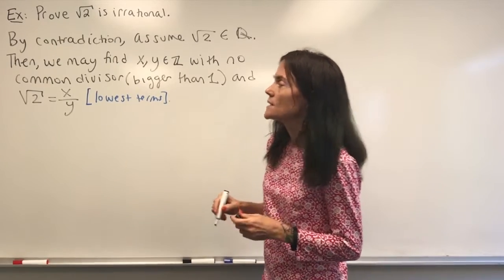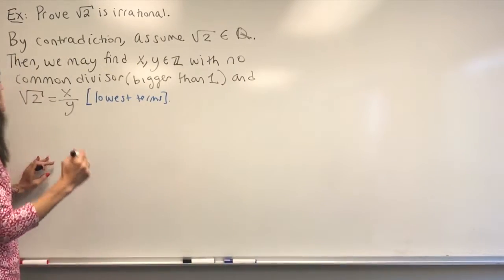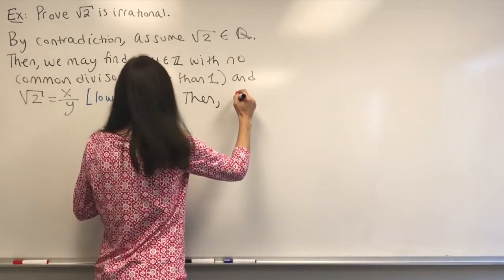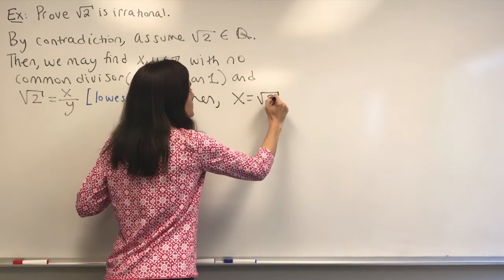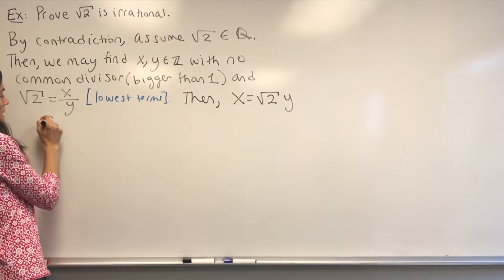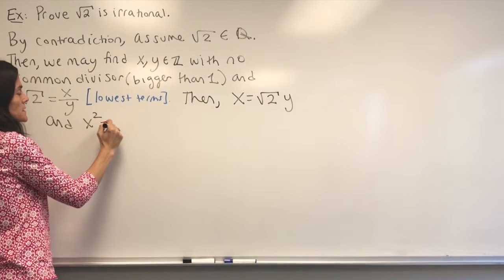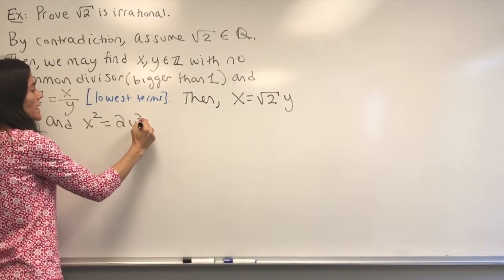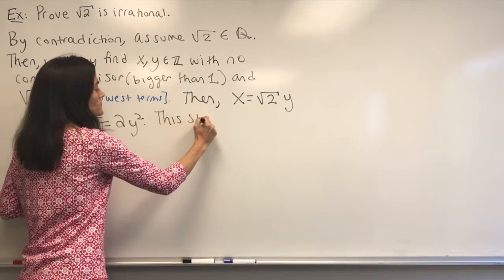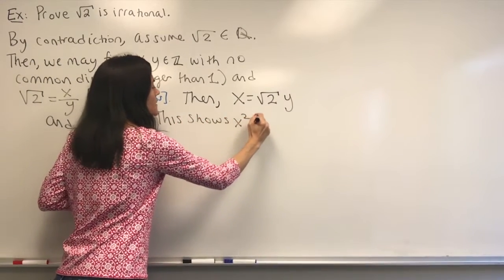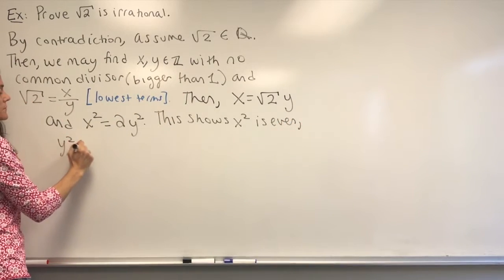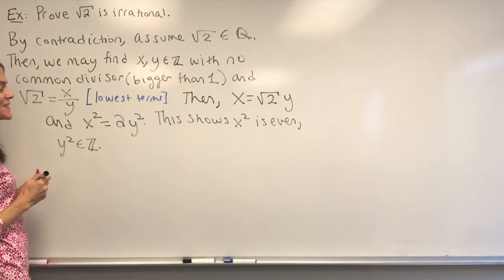Okay, so now let's just multiply through. So then we have the following. We have that x is the square root of 2 times y, and if we square both sides, we get that x squared is equal to 2 times y squared. So this shows x squared is even, because y squared is an integer. Okay? Well,